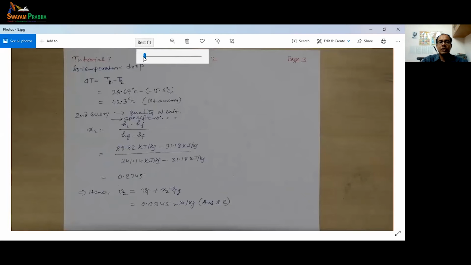Okay, so this problem gives you a complete view of the throttling process, why it is an isenthalpic process, and why the temperature comes down due to pressure coming down. Okay, and what it physically means. Okay, let's go to the next problem,